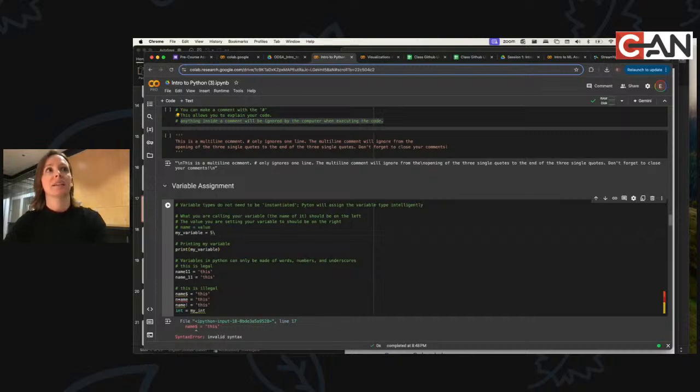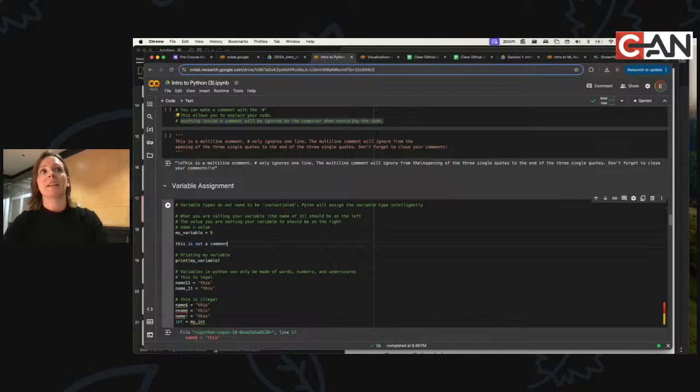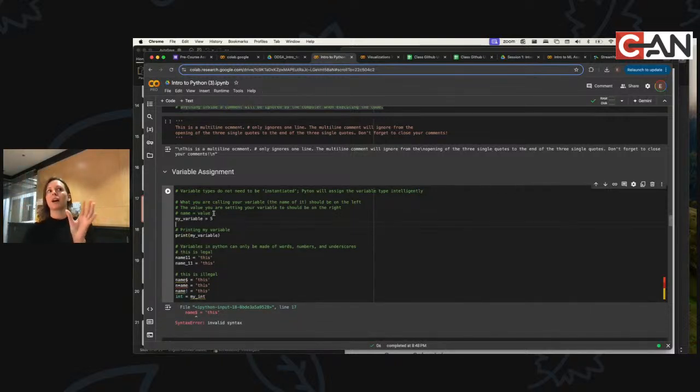If I just started typing, this is not a comment. And if I tried to run the code, it's going to error out because it's trying to parse code, and these are words and it doesn't know what to do with these. So you can put a hashtag and that turns it into a comment. When the machine goes through this to run the code, it ignores those. It just looks at these lines here and runs these. But sometimes it's useful to have comments in your code telling yourself what you're doing or telling other people what's happening in here. You can use it for organization, separation.